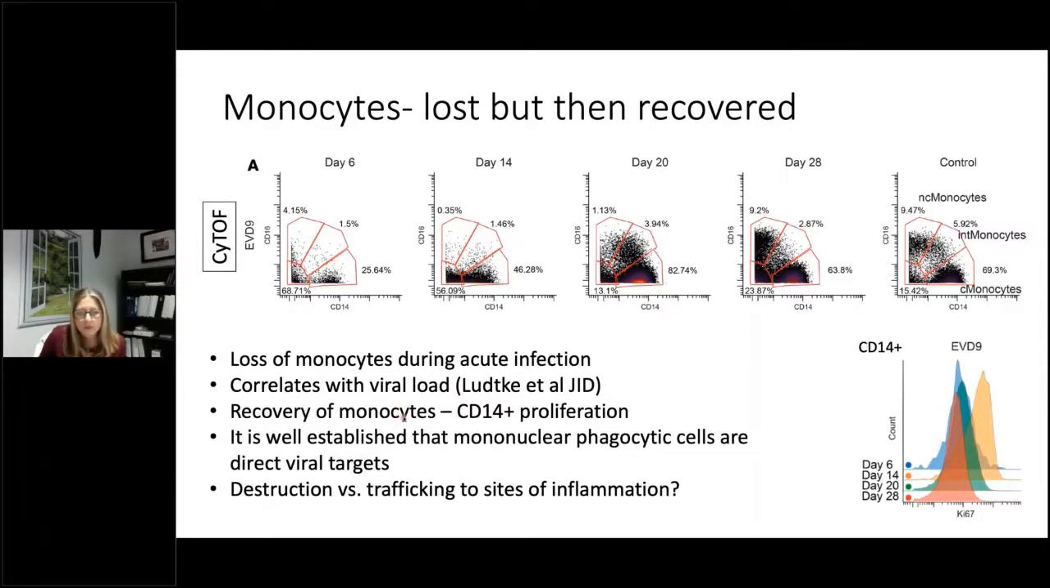But what we learned from this CyTOF data was that there's recovery of those monocytes. So here at day 14, you really start to see them coming back. As you go to day 20, you start to see the intermediate cells coming back. And by the time the patient is in convalescence, you really see a decent, almost normal spread of all of